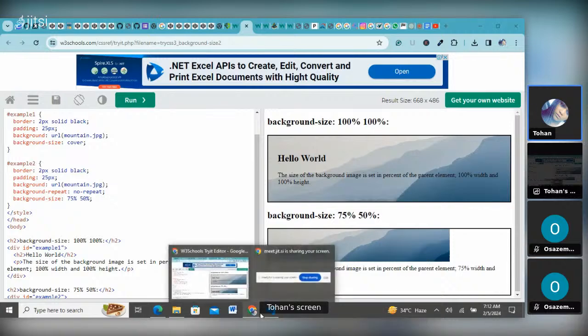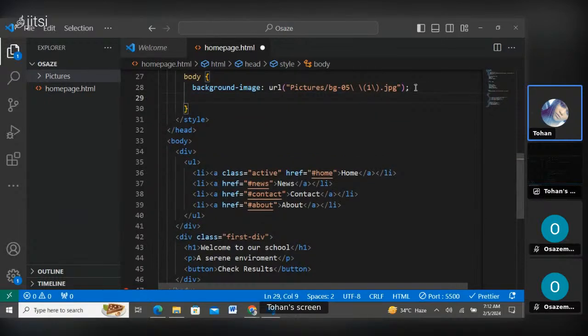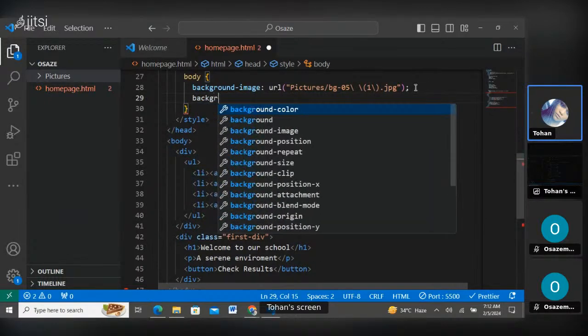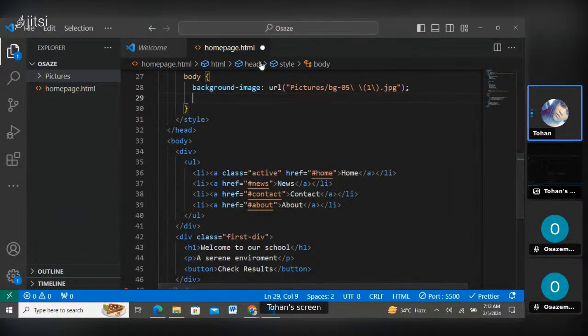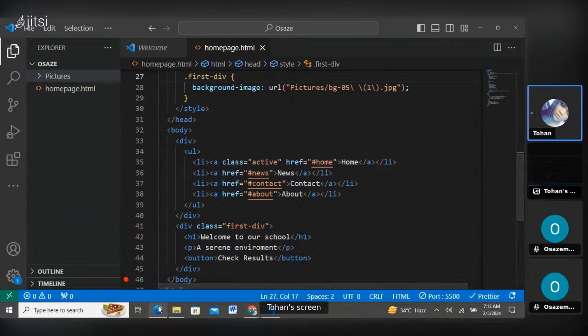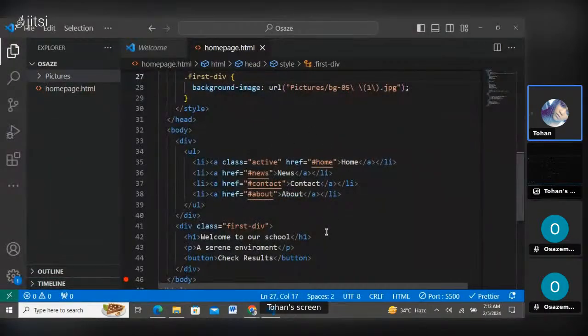In this one here, I'm going to have to use background image cover because I also want it to cover. So I'm going to say background image. Oh, it's still in the body. So I'm going to change it to the div because I want it to be in the div. First div. All right. So if I save this, let me see how it looks in the browser. Yeah, it's very small. I don't want it to be small. I'm going to give it a height of